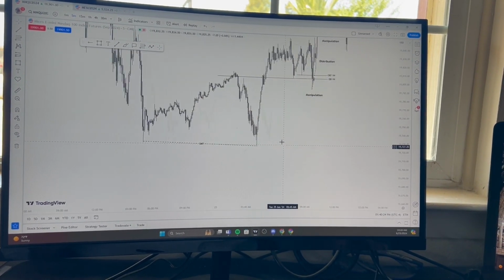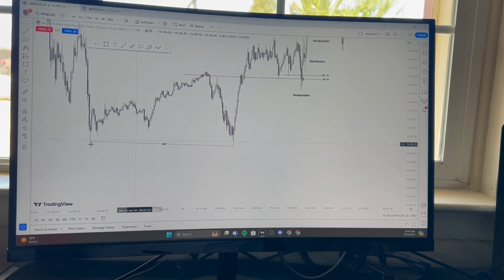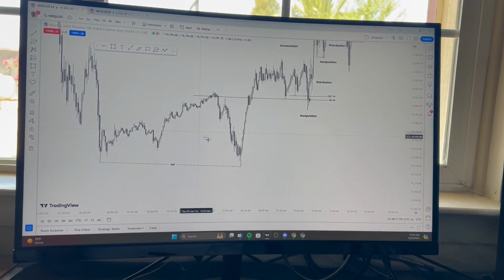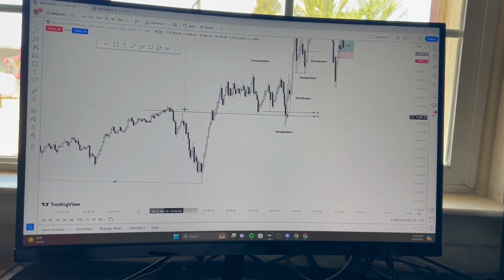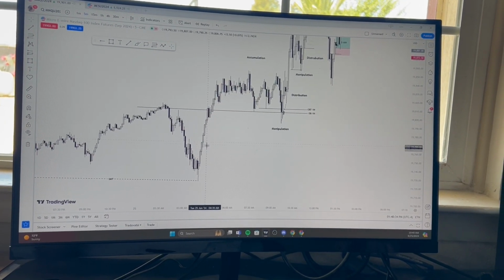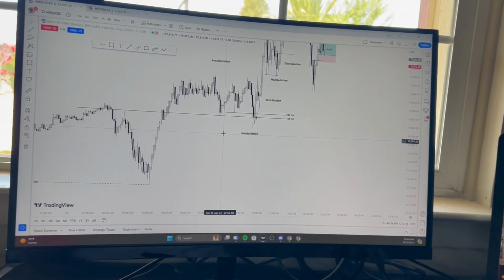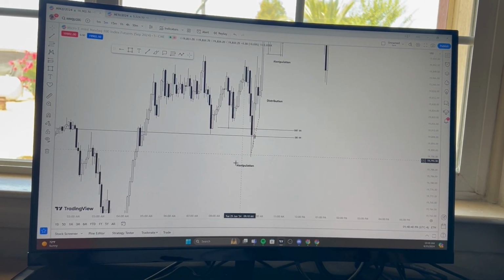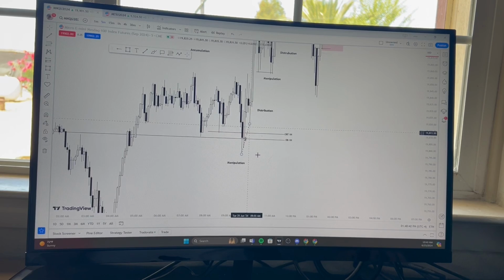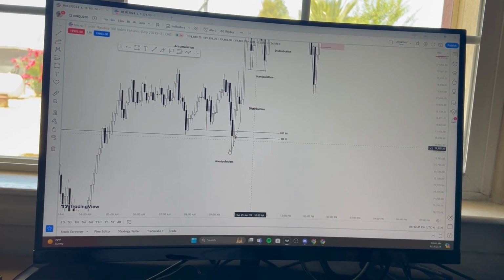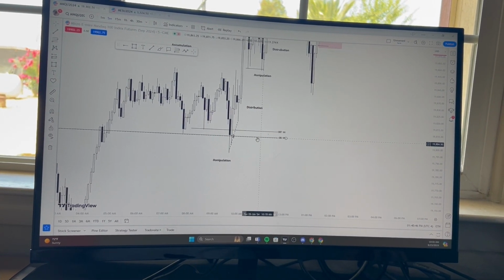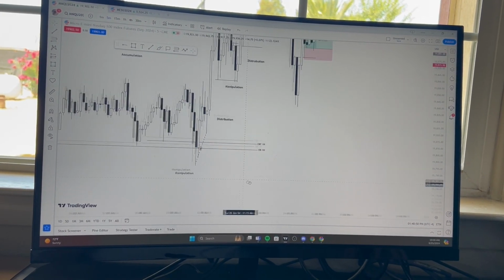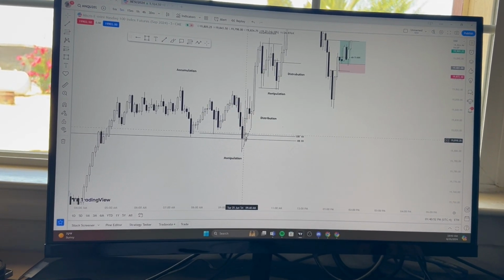So we created a low right here, which was an SMT clean low, sell side taken, and it was just a clear low. Then after we created this order block on the 1 hour chart, that's when we started going into pure bullish market structure. Then we had some accumulation and manipulation, and after manipulation, a distribution happens. But inside this, obviously we had the order block right here, and we had a CRT on the 1 hour chart. So it was pretty profitable.